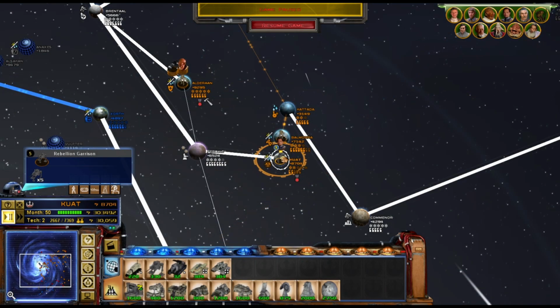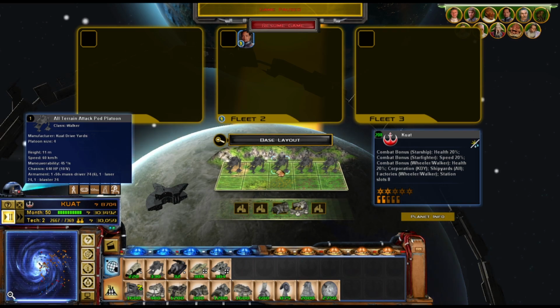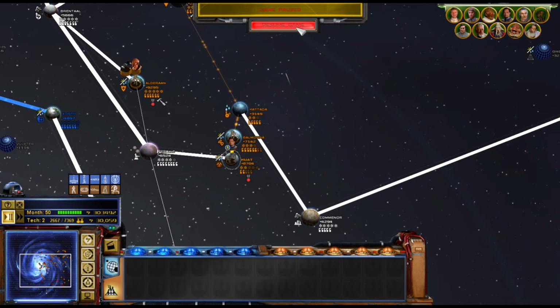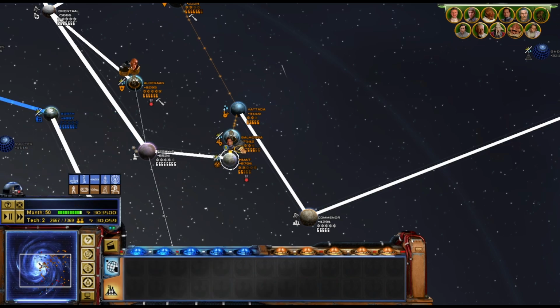Oh! I forgot. I built some of these on Kuat because Kuat can build AT-APs. Let's go ahead and get these shipped out. Oh, and Balmora has...